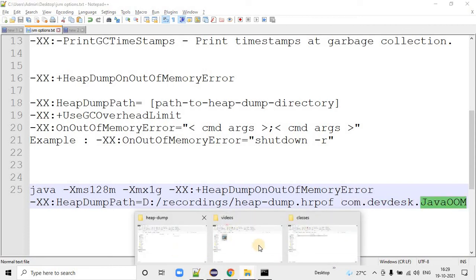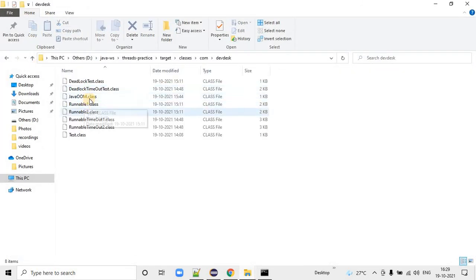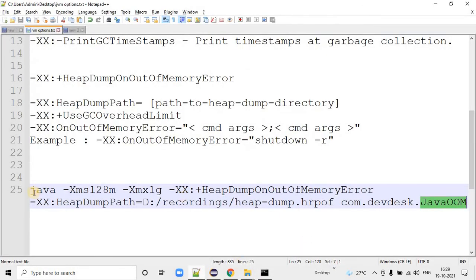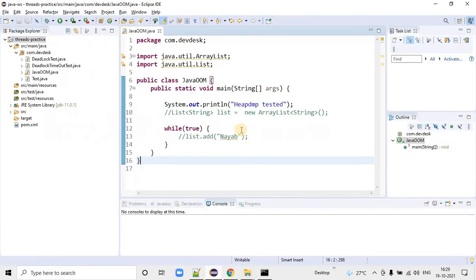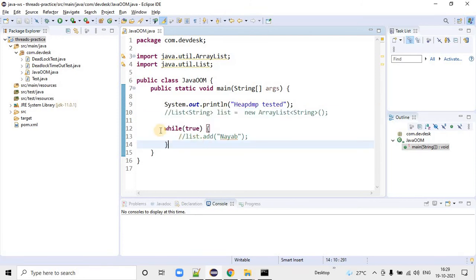This is the class file. I am running this class. There is nothing inside it. I am just putting a SOP, and a while loop to keep the Java process alive. This is not mandatory, guys.